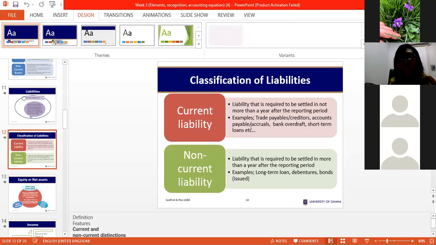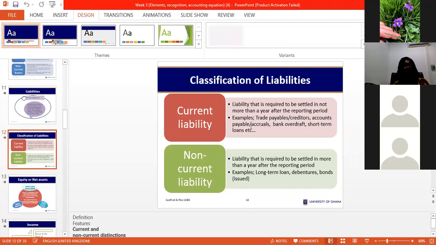We also have bank overdrafts, which is where the banks allow business entities to go beyond the money balance on their bank statement. And there has to be some agreement to allow businesses to do that. So you can overdraw on your bank balance. But the issue is that because it is current, it means within the financial year, you must be paying back and be overdrawing. So sometimes you can go beyond 5,000, you can go beyond 10,000. So it doesn't have to be stationary, a fixed figure, always withdrawing, no.